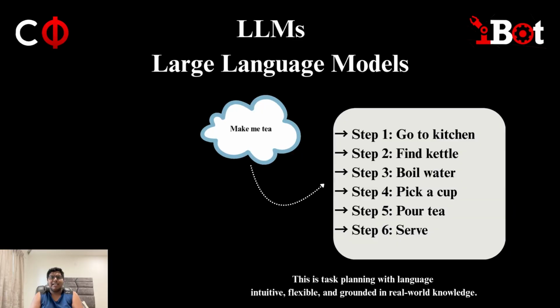This flexibility makes them incredibly useful in real world robotics, where every environment and task can be different. In short, LLMs bring general purpose world knowledge, in-context reasoning, and flexible planning, all at inference